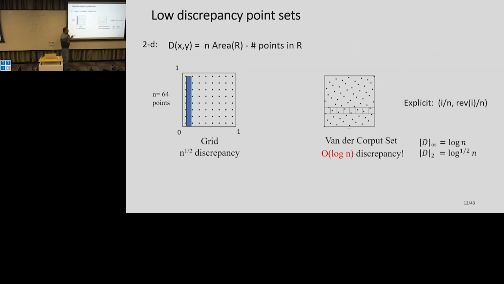Good. And what's very nice about this point set is that it's completely explicit. In fact, here is the whole formula. Let's say n is 64, the number of points I'm placing. I vary my x coordinate as 1 over n, 2 over n, 3 over n. And the y coordinate is just, you look at i in binary representation and you flip the bits. So you just reverse it. So 0, 0, 1 becomes 1, 0, 0. And that's it, that's the whole construction. Van der Corput was thinking about these things already 100 years ago. But it's amazing, right? It's very simple to construct, it's completely explicit, you can just use it.